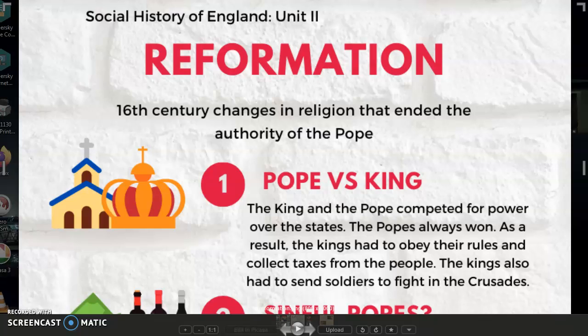Now, what is the meaning of Reformation? Reformation means changing something into a totally different thing. And what was that which was changed? It was religion. If you recall what we learned in Renaissance, you can understand that there are three major features